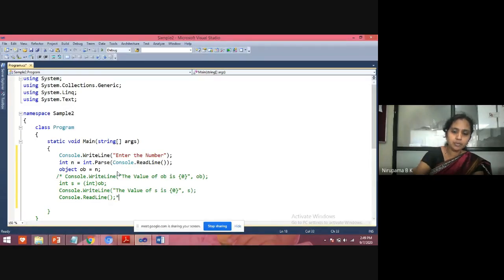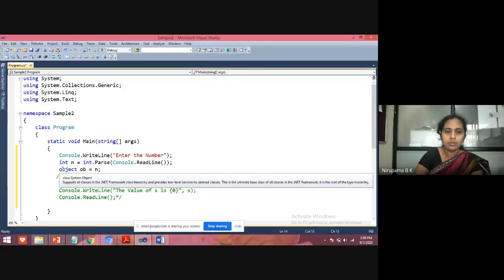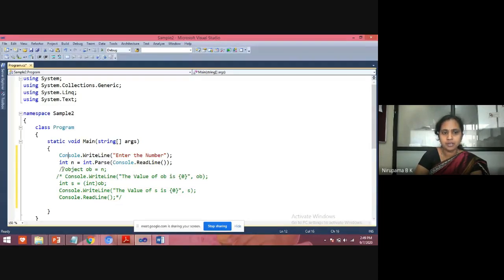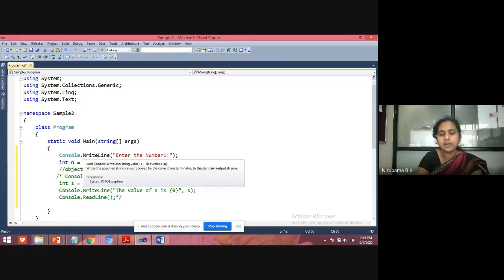So in the second program, I'm taking 2 numbers and adding those 2 numbers, and I'm displaying the result on the screen.